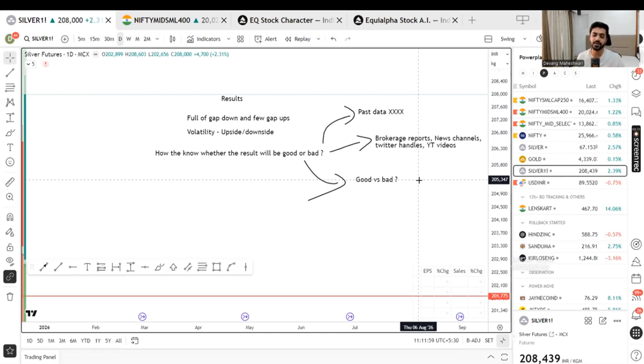So Kavita ji says double-digit growth. What makes you think this is good? How can you say that it is good? Why is double-digit good? Why is triple-digit not good, or why is single-digit not good? These are good for debates. You can just talk, but what is good, what is bad, nobody knows.